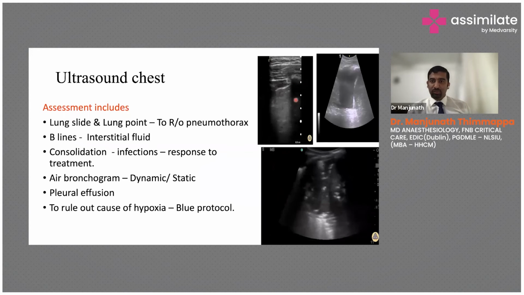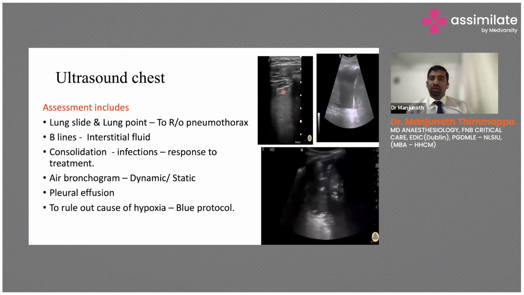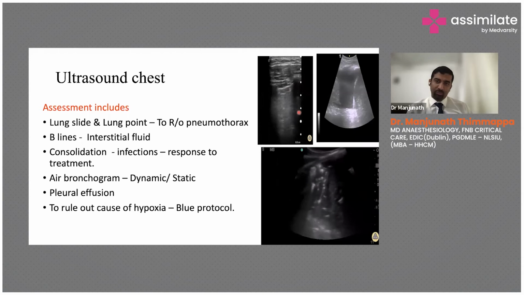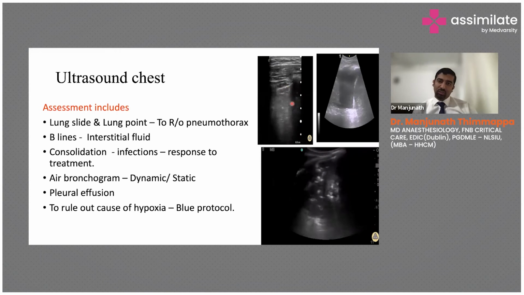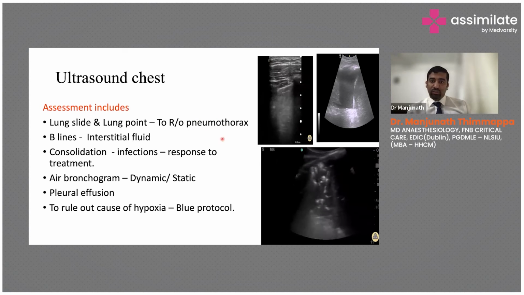If you look at this image here, look at the pointer: you can see the parietal pleura and the visceral pleura sliding over each other. It is called lung slide. If this is absent, it can be absent because of a number of reasons. If it is absent, you can look for the lung point. The lung point is the point where you can see absence and presence of sliding, where exactly a pneumothorax starts. The lung point has the highest sensitivity to diagnose